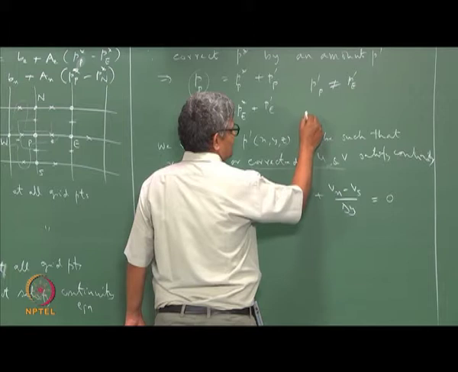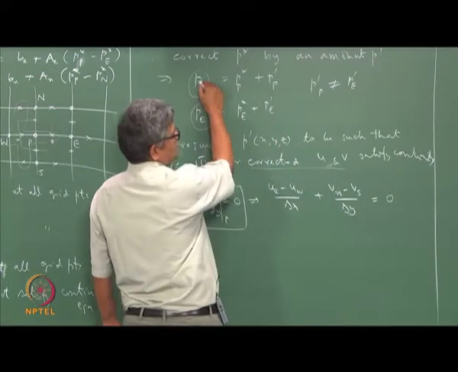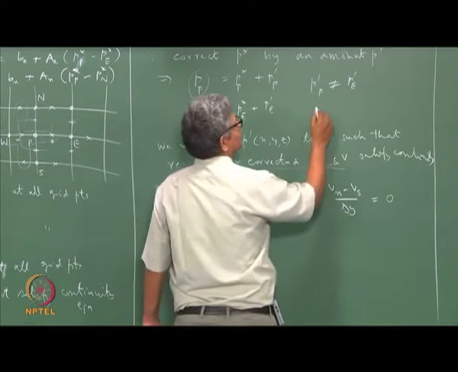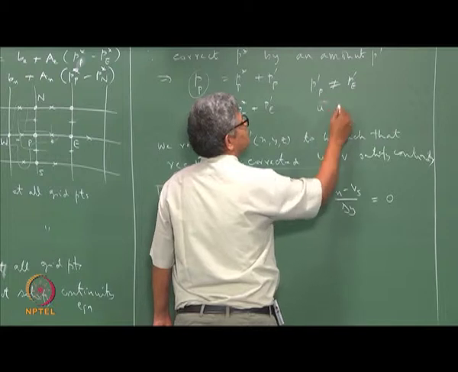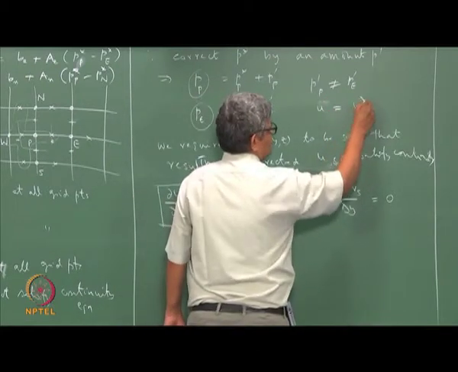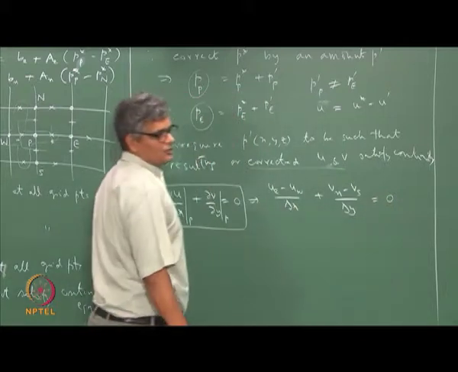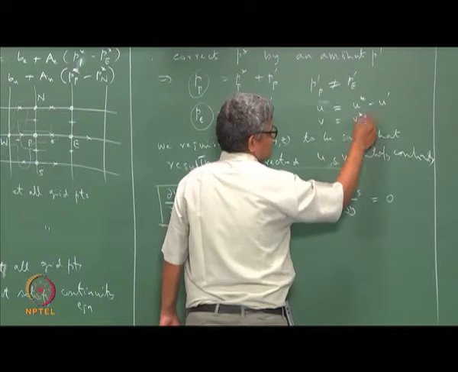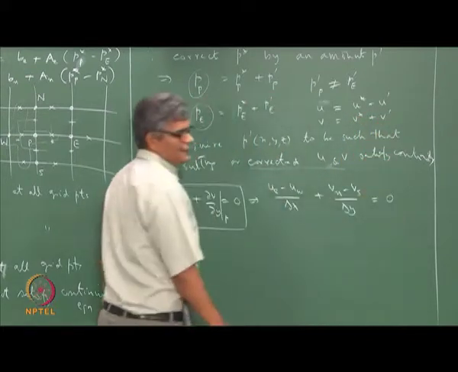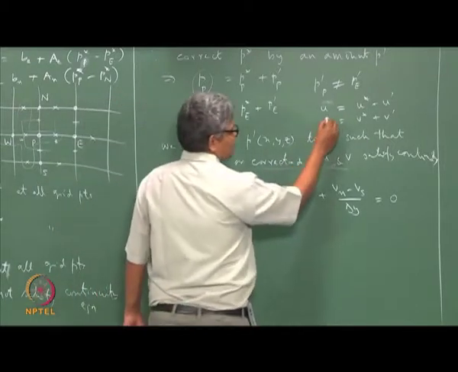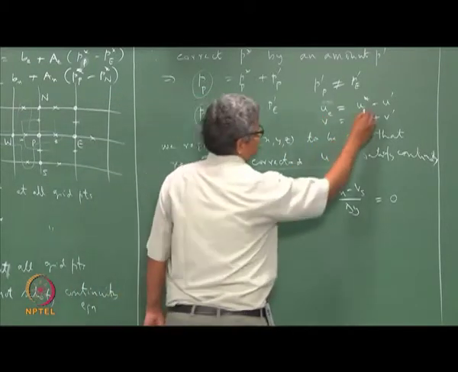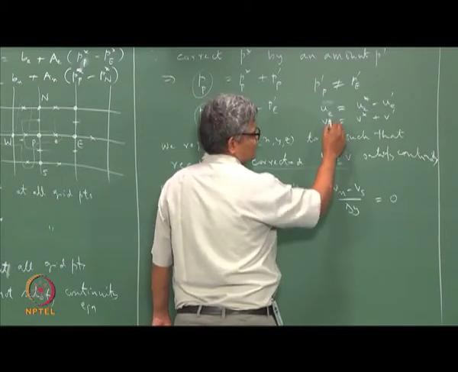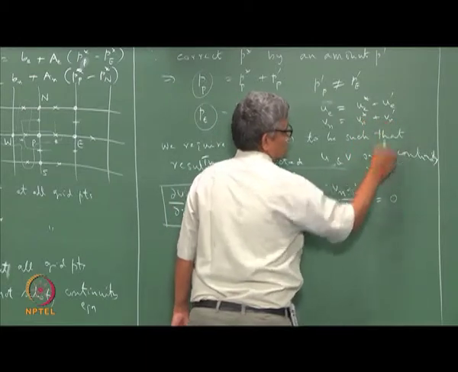So now, along with the pressure correction, we are talking about a velocity correction. Just as the true pressure is the starred, estimated quantity plus a pressure correction, the true velocity is u star plus a corrected velocity component u prime, and the true v velocity is the estimated plus a corrected quantity. Specifically, at point small e, this is given by ue star plus ue prime, and vn is equal to vn star plus vn prime.